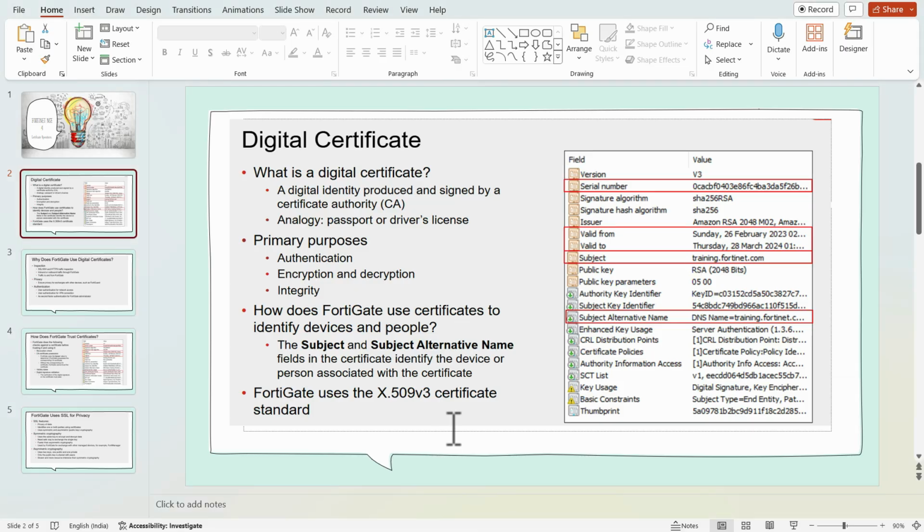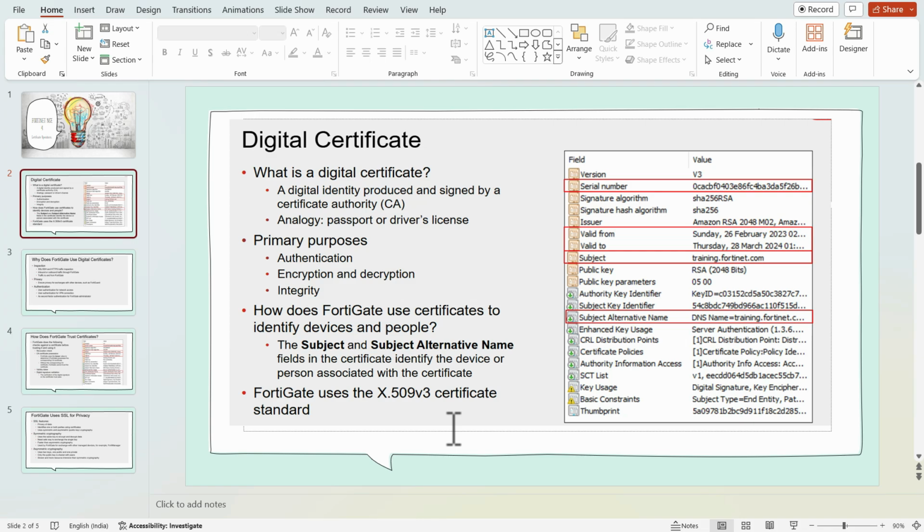A digital certificate is basically a file used to authenticate a device or server using cryptographic public key infrastructure, produced and sent by a certificate authority, to ensure that only trusted devices and users gain access to the network, identifying an entity such as a person or a device.